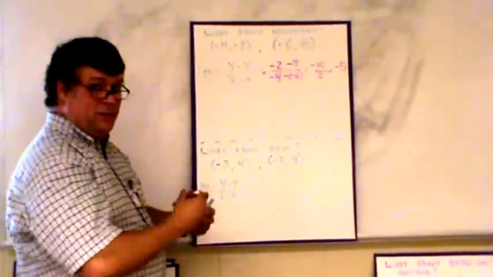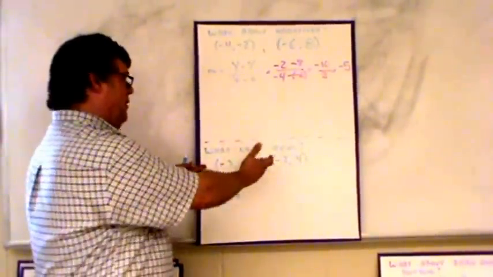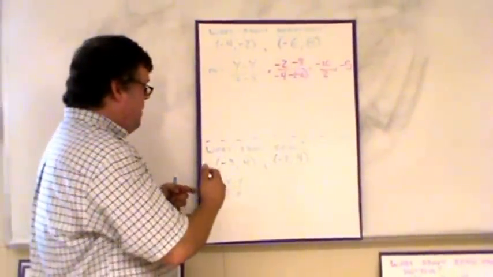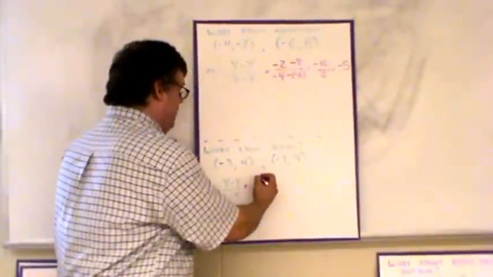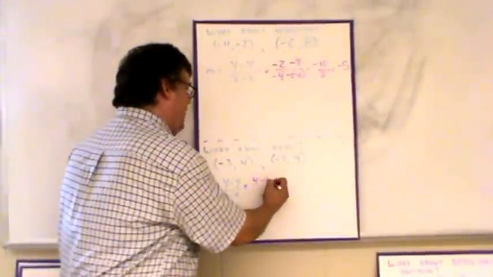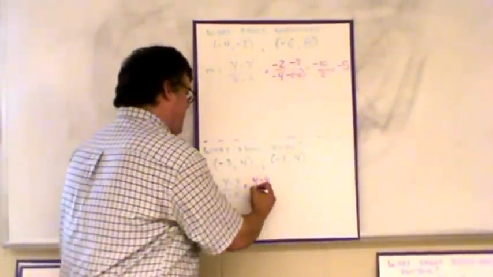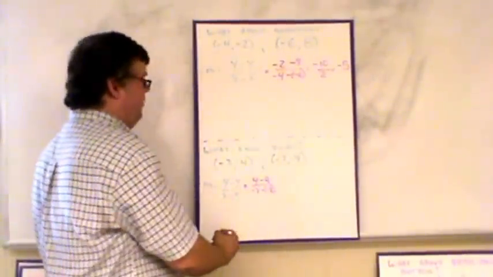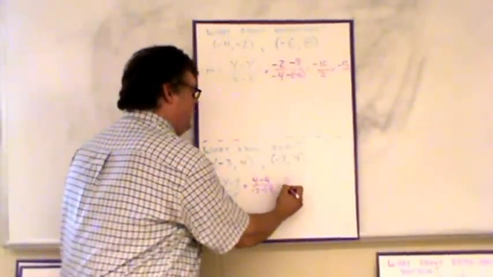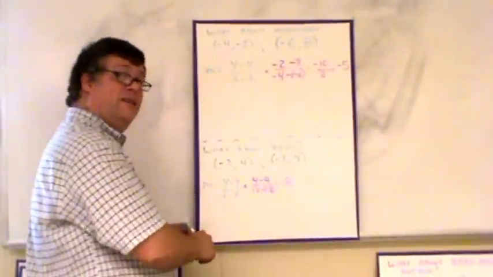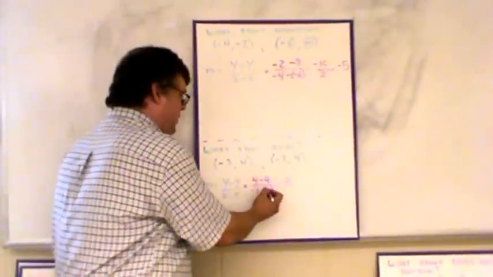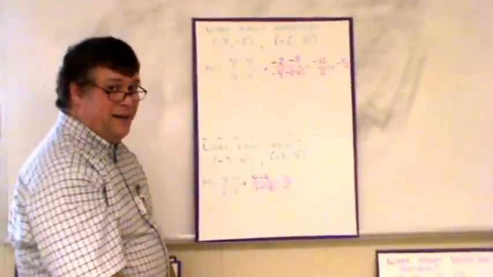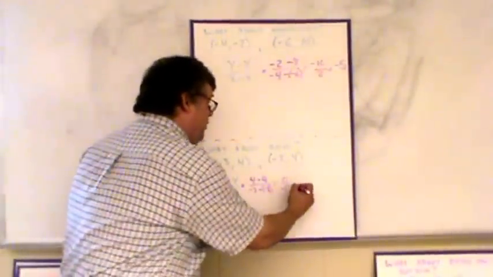What about 0? What happens when 0 ends up being part of your equation? Well, it's not one of the coordinates in my points there. But when we do the math here, when we do y minus y over x minus x, we're going to find out that the top becomes 0, because 4 minus 4 is 0. And negative 3 plus 2 is going to give me negative 1. Well, 0 divided by anything is 0. So the slope here is